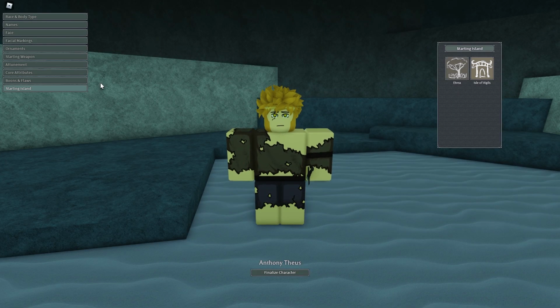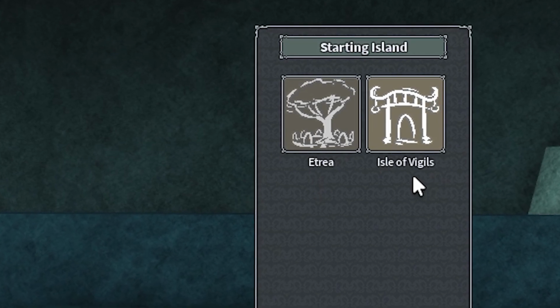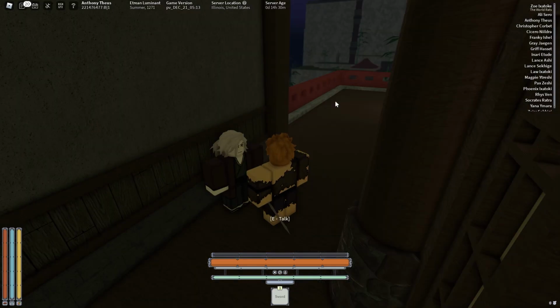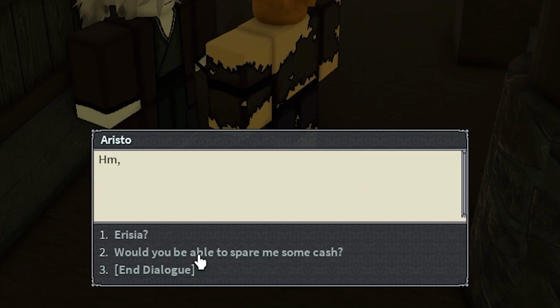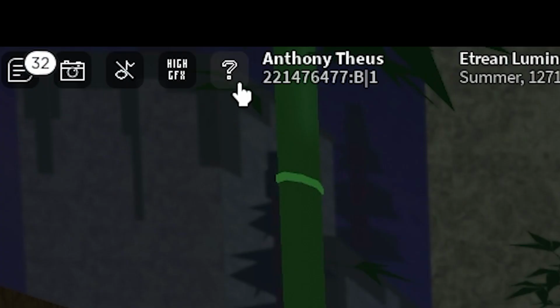Once you finish your character, spawn in the Isles of Vigils. A lot of people say spawn in Etria, but trust me, spawn in Vigils. As soon as you spawn, ask how to earn some money, beg for some money, and take his money. You already know. Now, before we go any farther, I really highly suggest that you click this little question mark